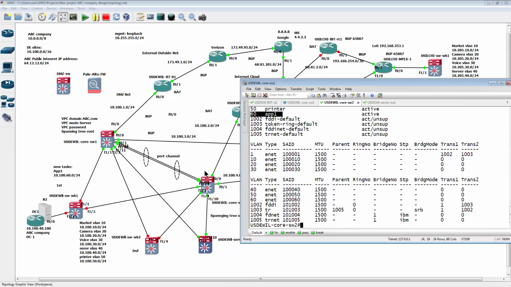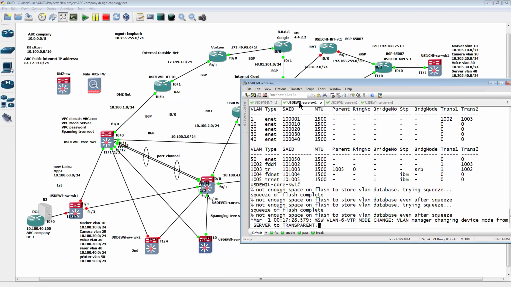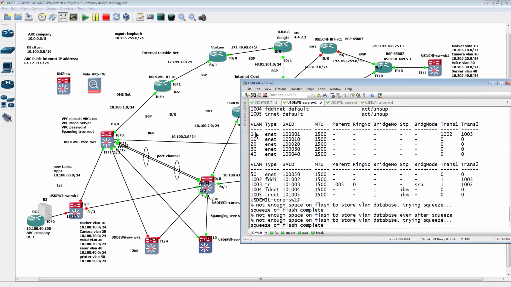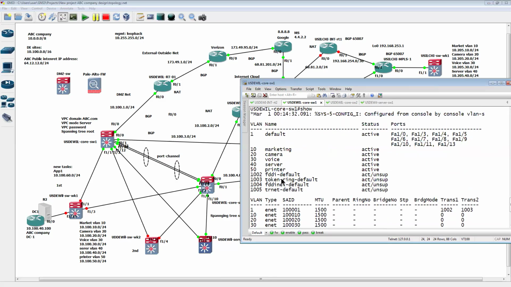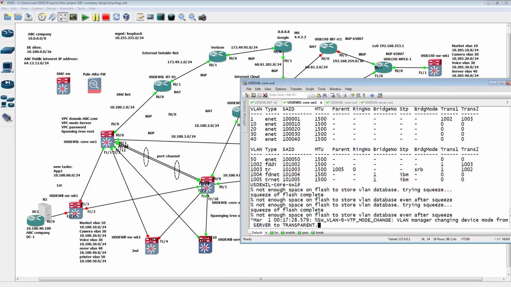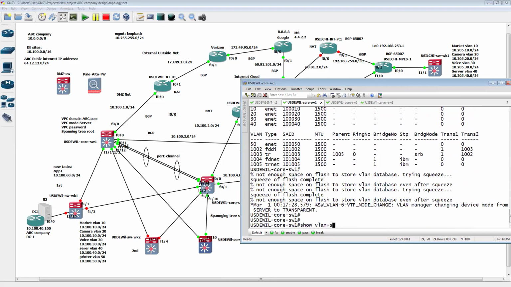Supposedly, if everything is in the same domain, abc.com, and they have the same password, then when you create this VLAN 60 in here, it should automatically propagate to the core switch 1 in here. Let's go back to the core switch 1. Do we have luck? You see, before we check, we have to verify first. In the previous command, we don't see VLAN 60. You see, we don't see VLAN 60. So now, what happened? If I go to show VLAN switch again,